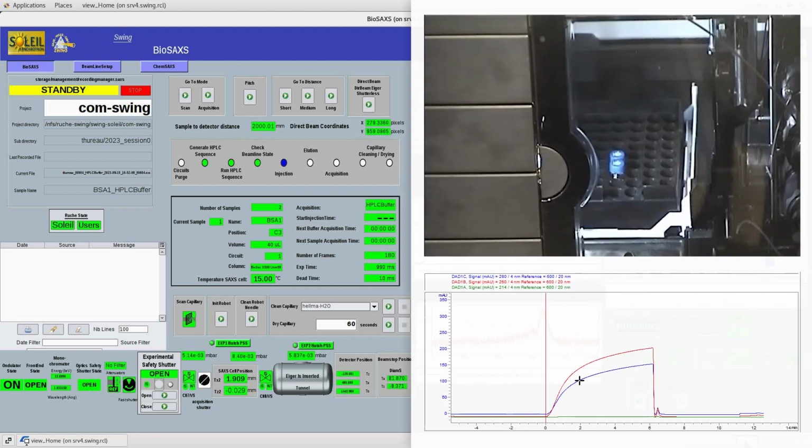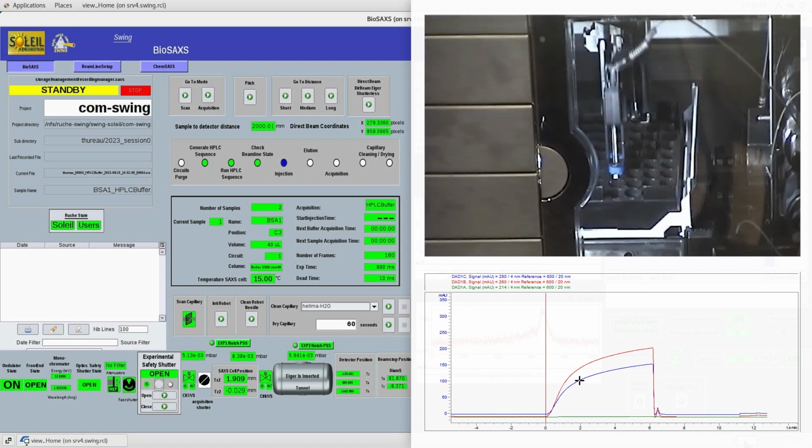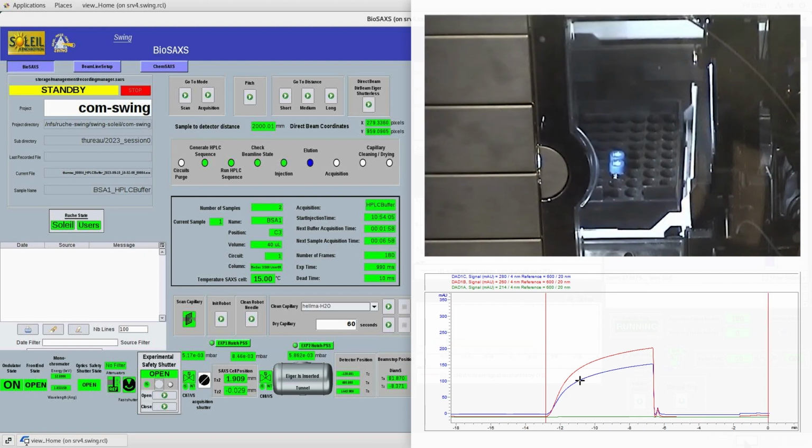The process can be followed on different screens. An online camera is orientated to see the sample rack, and also on the HPLC ChemStation screen. When the sample is injected, all the counters are initialized and synchronized. A red line appears on the ChemStation, and the digital elution diode is blinking, and a UV absorption measurement at 280 nanometers is started. No SAX acquisition is initiated until the starting volume for buffer acquisition is eluted. It will start in a few seconds.